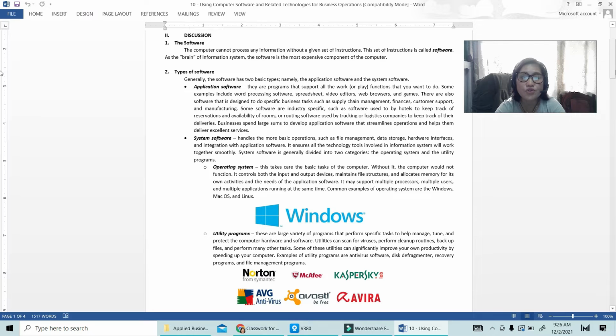There is also software designed to do specific tasks, such as supply chain management. This is the system that we use to manage certain types of businesses. We have finances, customer support, and manufacturing. The supply chain management software mostly belongs to the food chain, or it can be in a hotel, like the hotel management information system, wherein the system is already designed